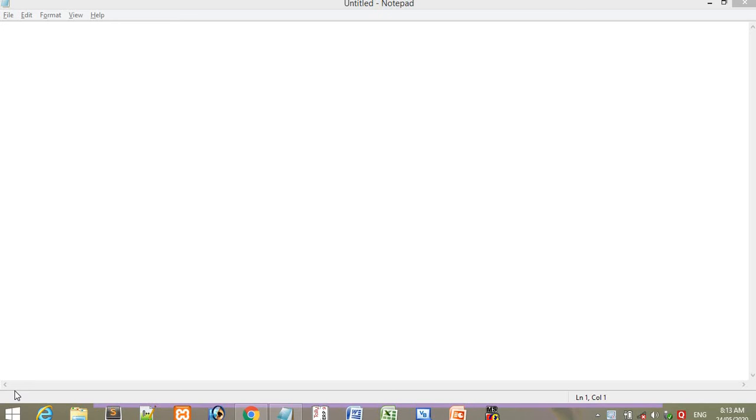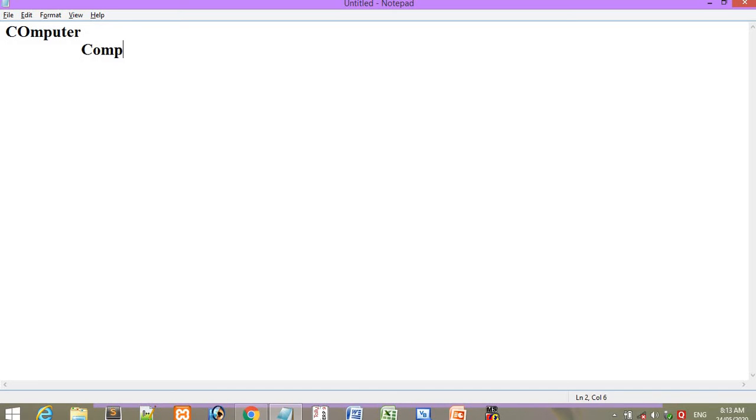So now, going with the third form of list, that one is the definition list. Definition list means, here I can show you, like we are writing the definition of computer. I have written a title, a term called computer, and here I am writing the definition of computer: computer is an electronic device.